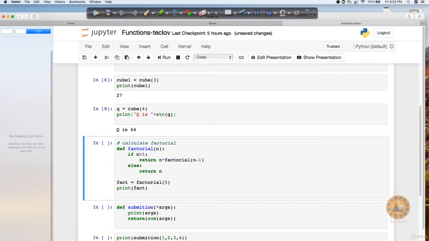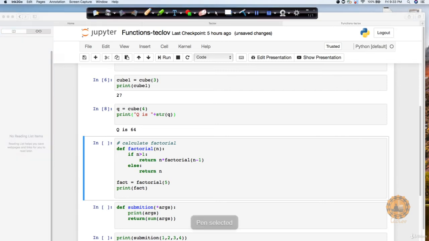So let's say you want to write a factorial function. I would strongly recommend you to pause this video here and try to write a factorial function on your own. What does a factorial function do for me? Let's say I pass a value 5 to a factorial. Factorial is represented by this exclamation sign. What this means is it's going to say 5 into 4 into 3 into 2 into 1, like this. It's just going to keep on subtracting toward the lower end and keep on multiplying these values.